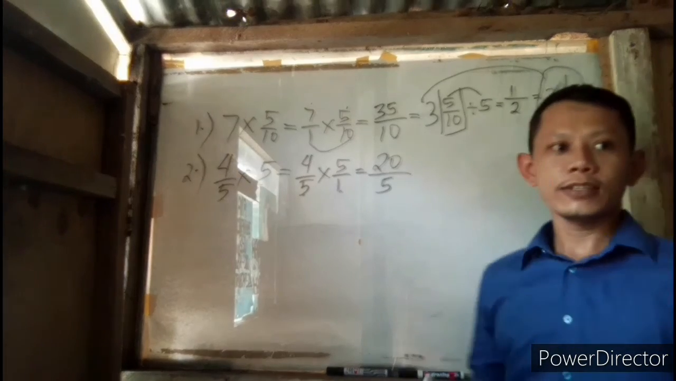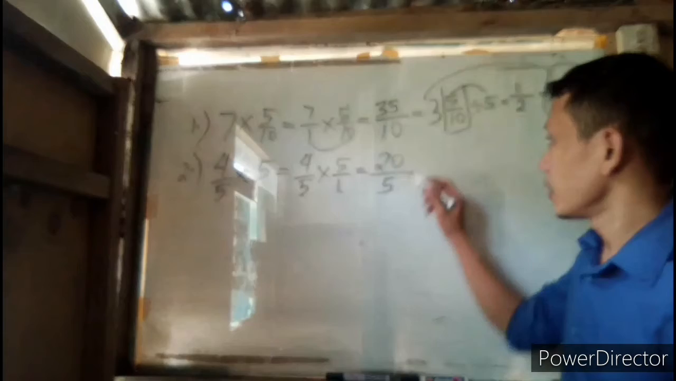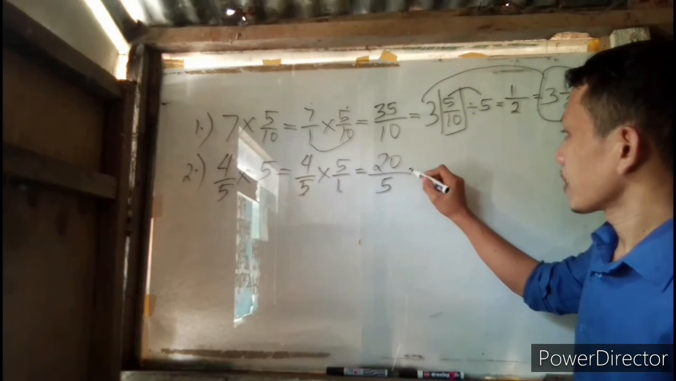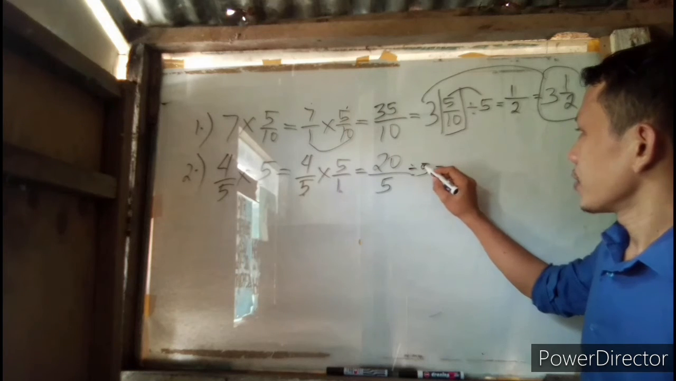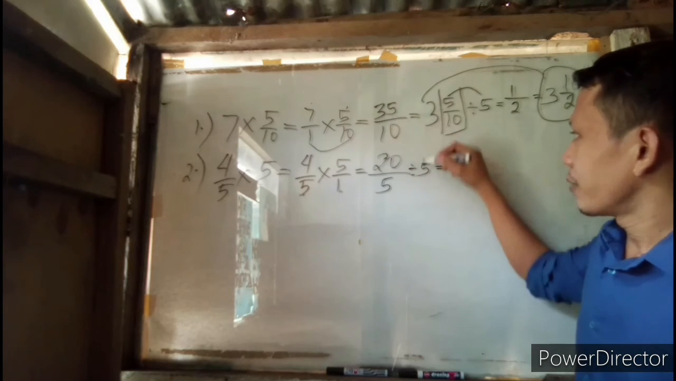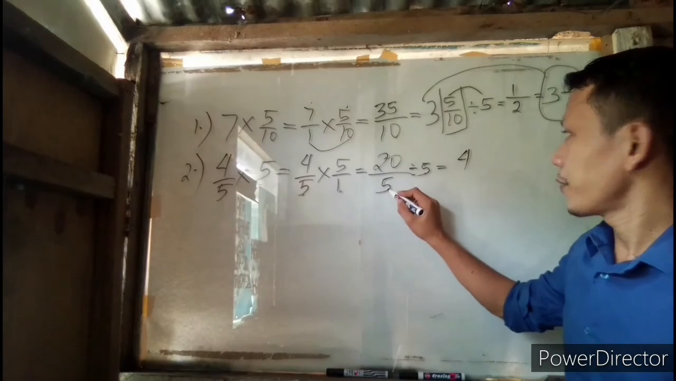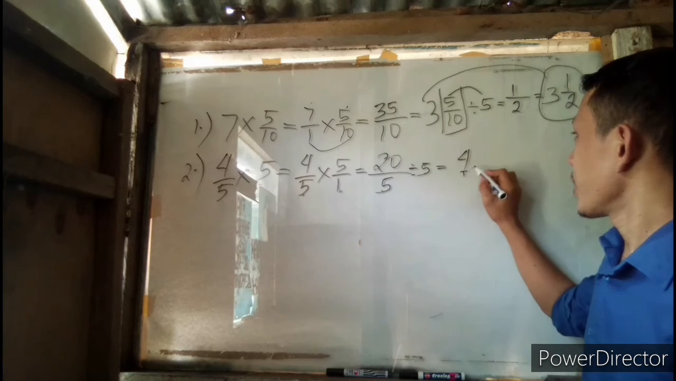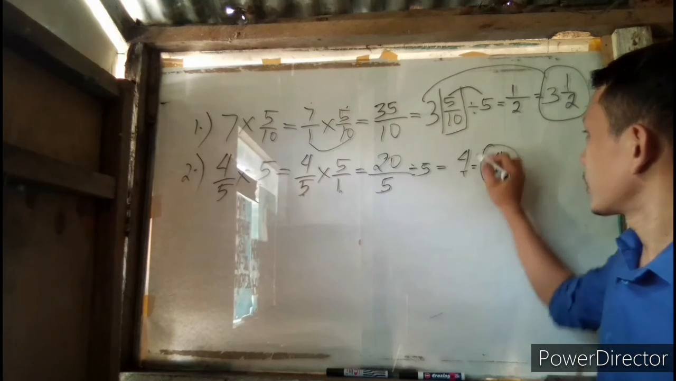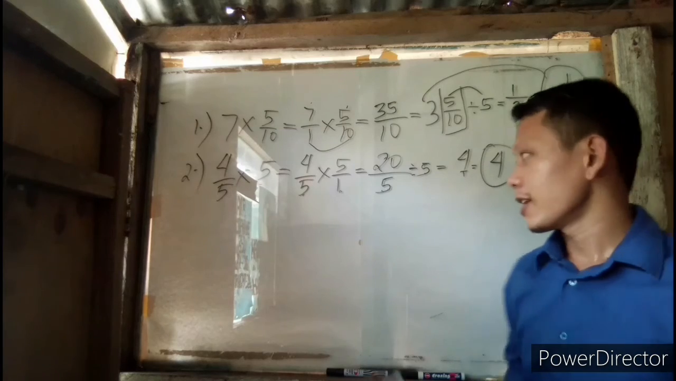We're going to simplify again into lowest form. So 20, we're going to divide by 5, right? 20 divided by 5 is 4. Therefore, 5 divided by 5 is 1. So therefore, we have 4. This is our final answer. Next,